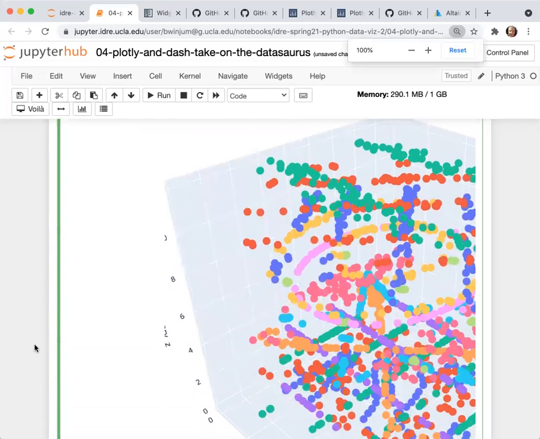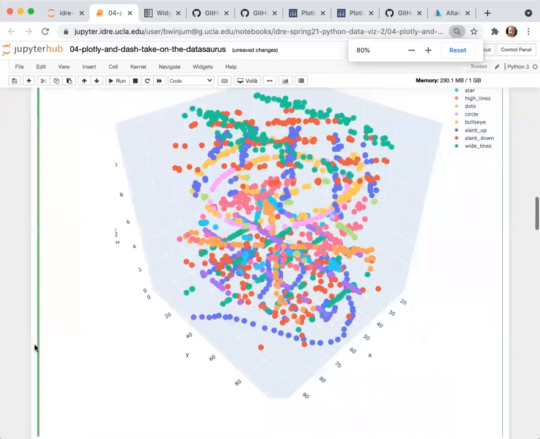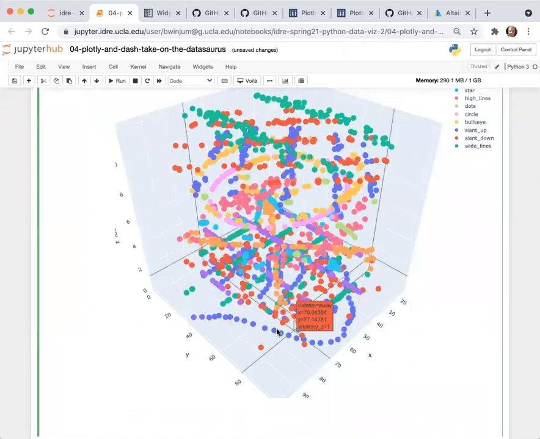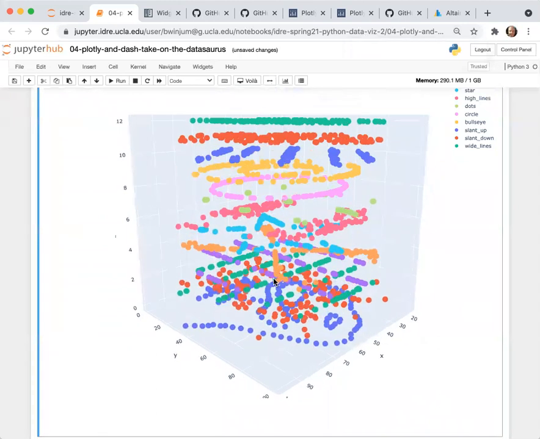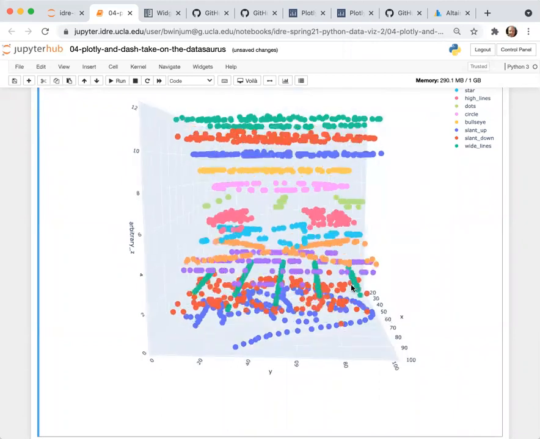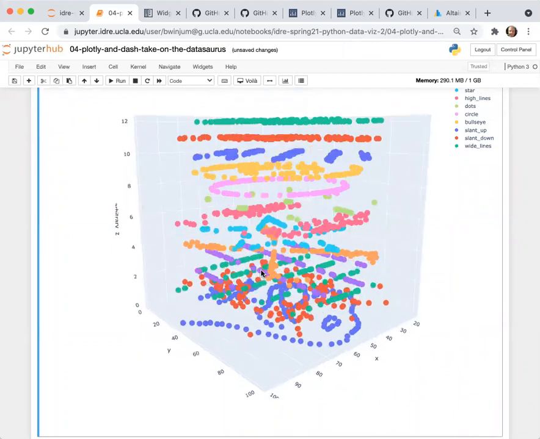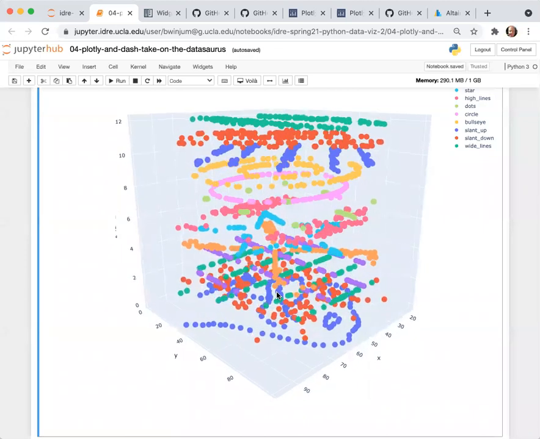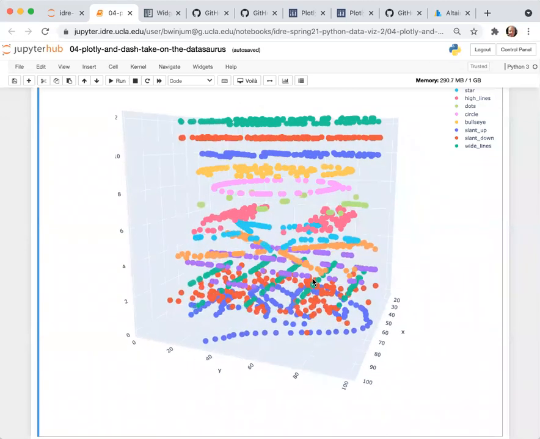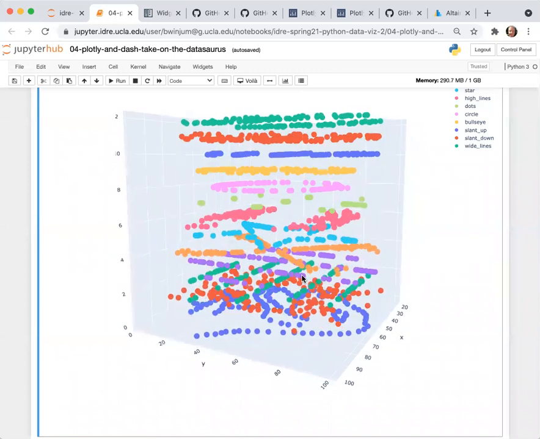Let me shrink this down. So here now is my 3D graphic. If I click and hold the mouse button and move the mouse around, you'll see that there's interactivity built in for moving the graphic around. I've done this rather artificially with the data source data set, but you can see the different data sets here in the height, which is the Z value. They have different colors for the different data sets.